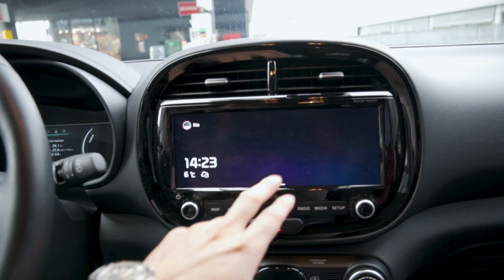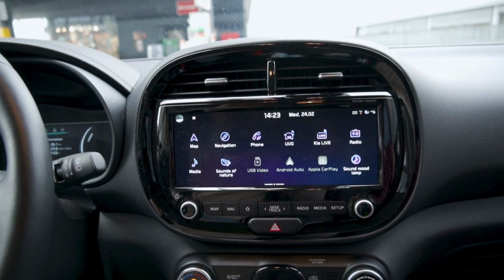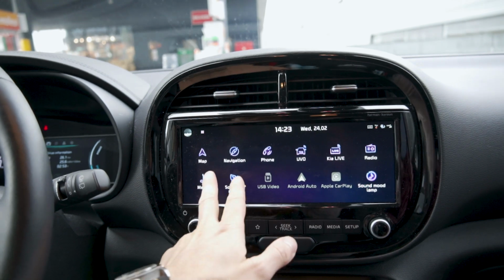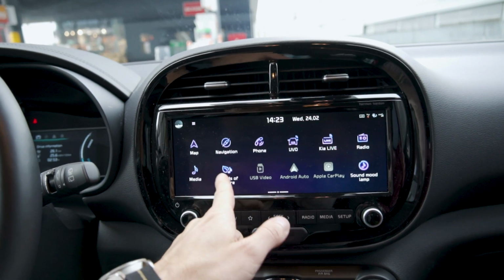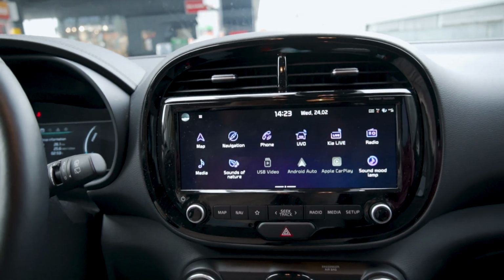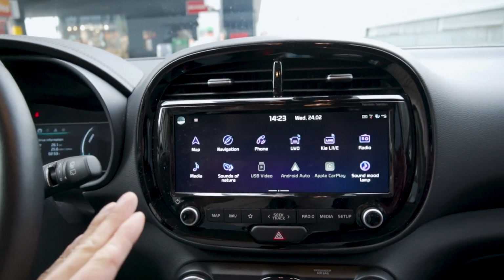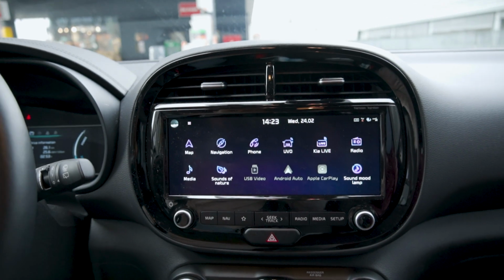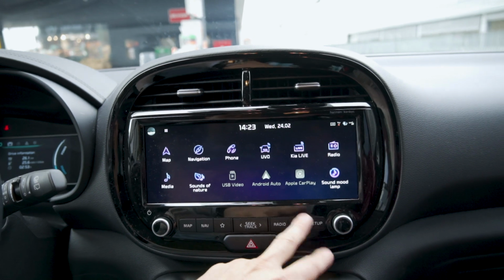It's just a bit weird, but if you swipe to the left, then you have your home screen icon. So why isn't this your home screen? Why is this your home screen? That doesn't make any sense at all. But yeah, otherwise, you know, usability is fine. It's not the best. It's not always easy to find all the things here,